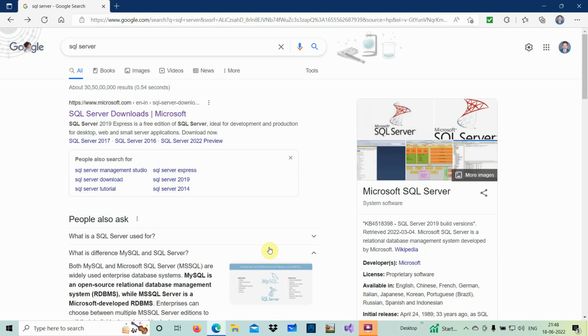You are watching a video with me on SQL Server and its database connectivity to ASP.NET. For that, you need to download SQL Server. Just open any browser and type SQL Server in Google. Once you type it, SQL Server downloads from Microsoft will appear in front of you. Once you double click here, you will find